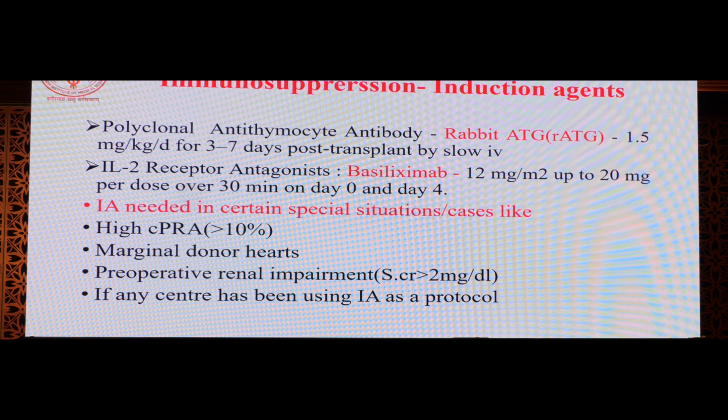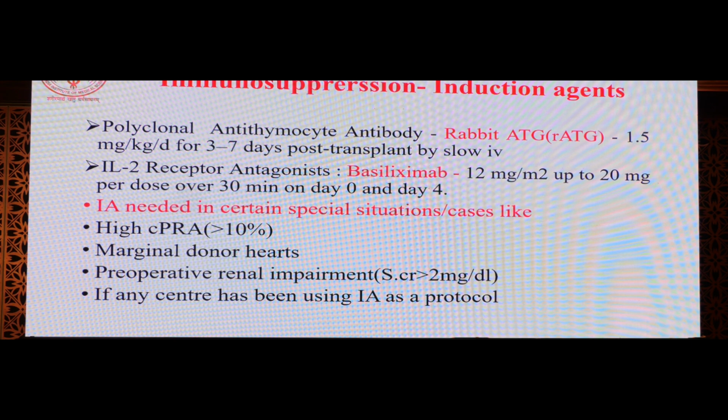Then some induction agents some people use, like polyclonal anti-thymocyte antibody, as I told, rabbit ATG we use, equine ATG we don't use because of reactions, and the other agent is the IL-2 receptor antagonist basiliximab. Mostly people who are used to it use basiliximab. But there are special indications, like if the recipient has a calculated PRA of more than 10%, marginal donors, and pre-operative renal impairment, serum creatinine more than 2 mg per deciliter. If any center is already using this regularly, they are used to it, they may use it. Some people earlier were using it more, but if the recipient has class 1, class 2, 0% PRA,